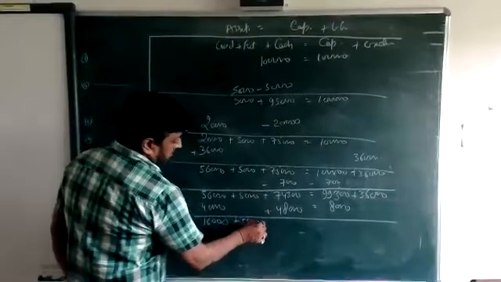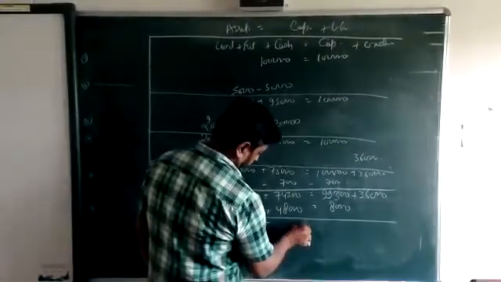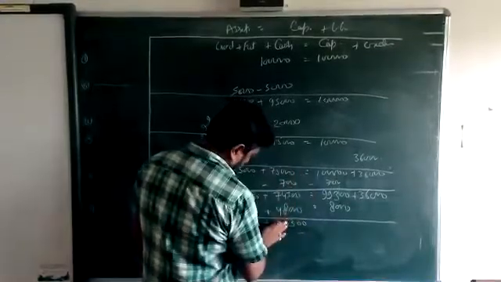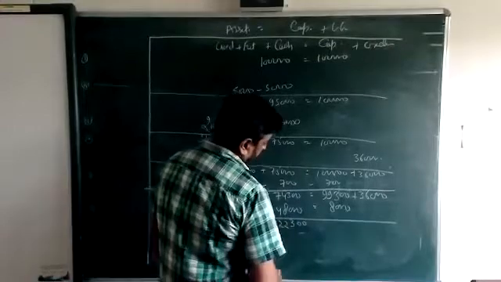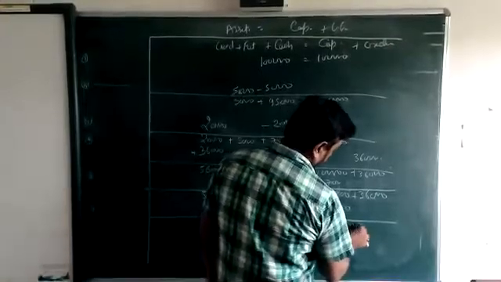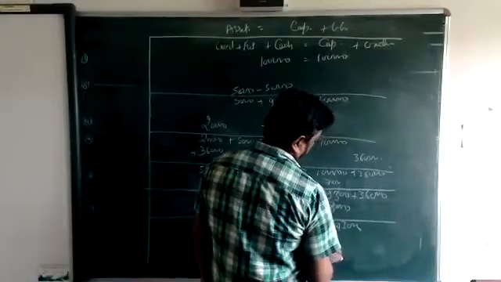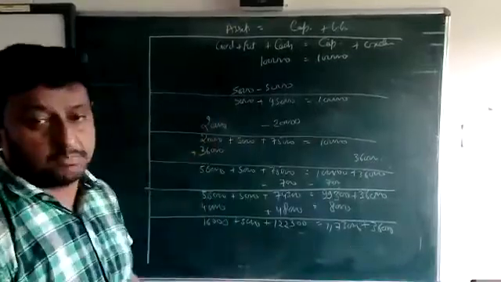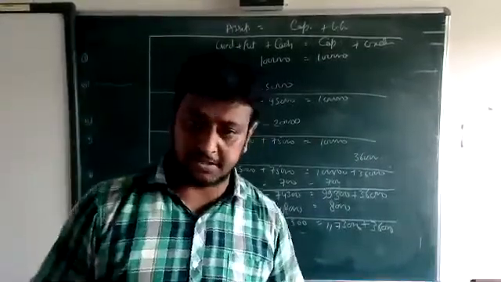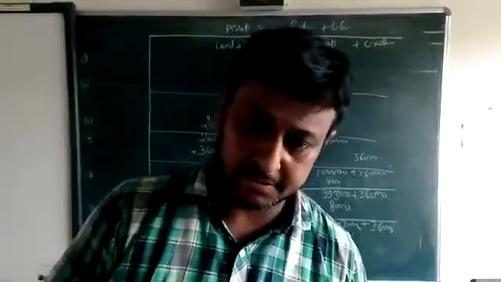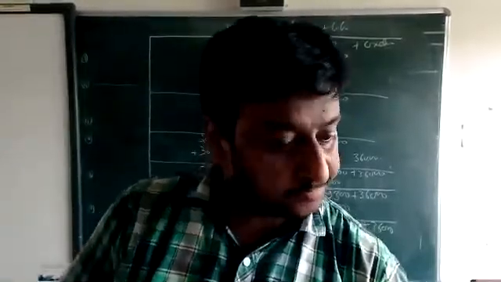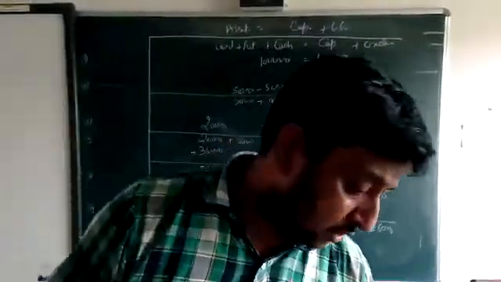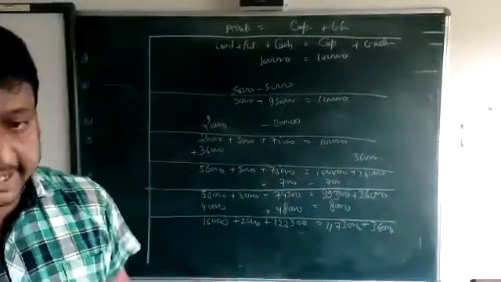Now see, it's finalized. Both sides are coming equal. It means the answer is right. Okay, beta. Clear? It's clear, beta. Now I am going for the next question, and the next question is question number 2. Okay.